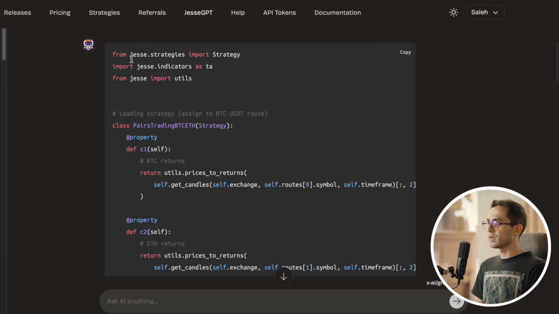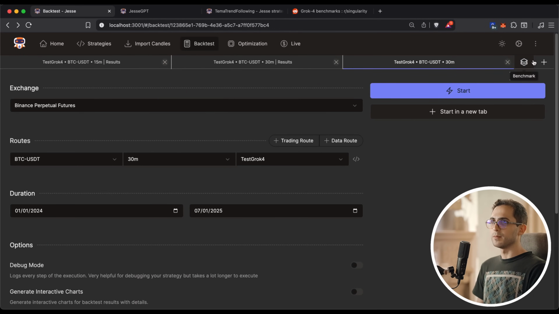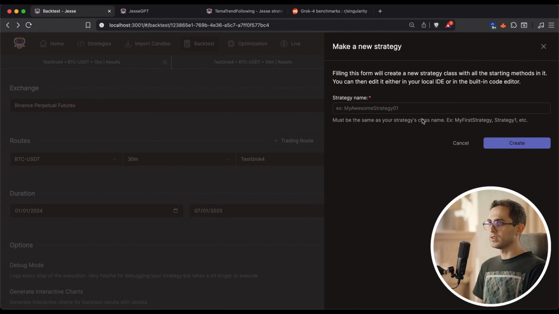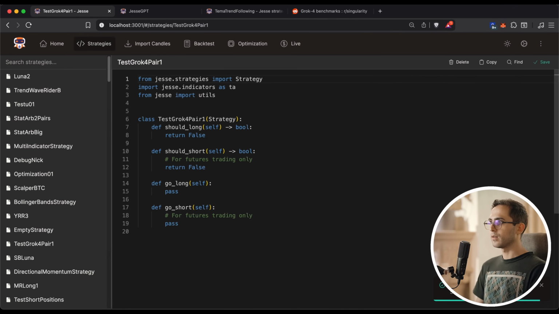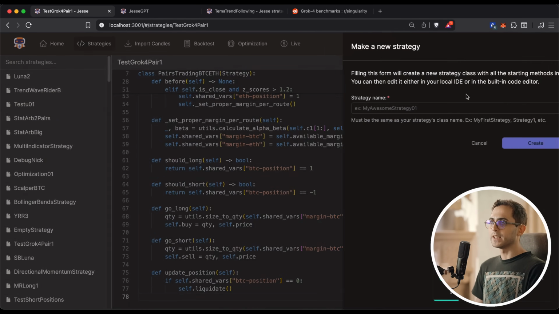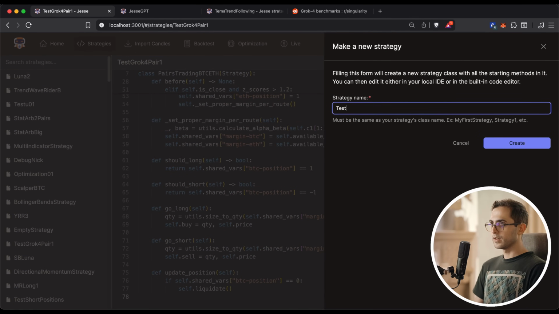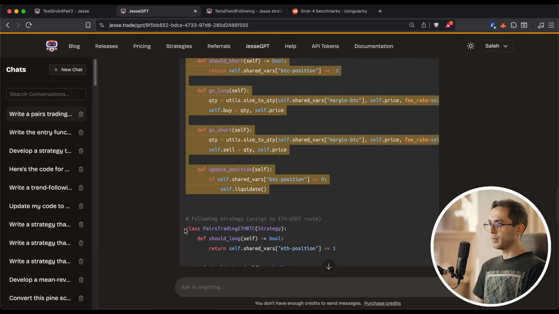Now let's copy this one, go back to Jesse, but I want to create a new strategy. I'm gonna name it test Grok for pair 1 and save it. Next, I will create another one. I will call it test Grok for pair 2 and copy this one